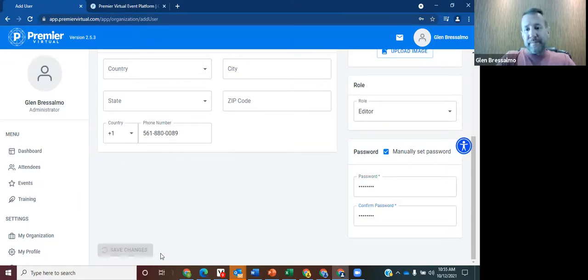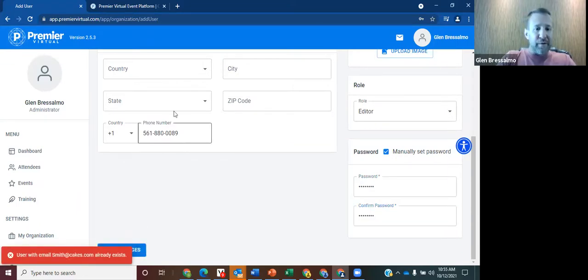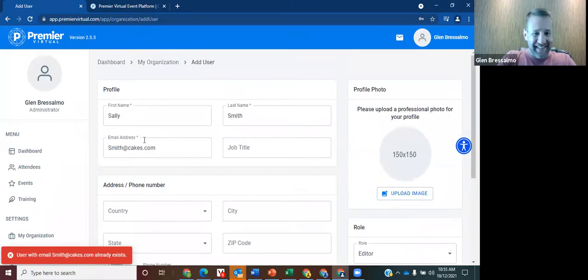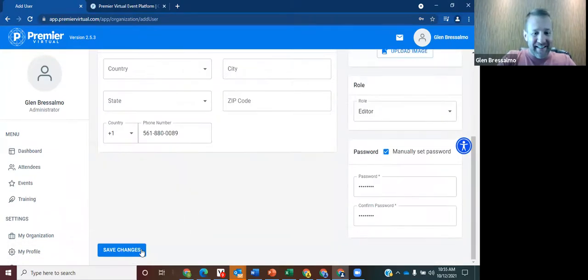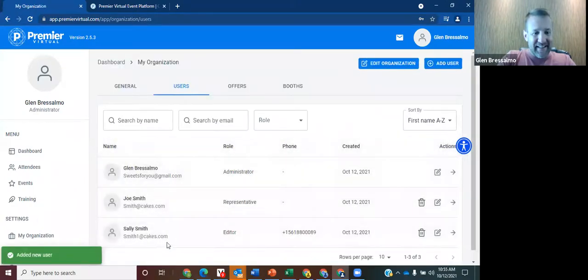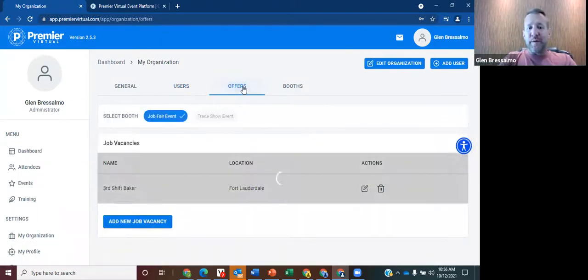Save my change. And Sally already exists. I must have used that one before. All right, so now you can see Sally's in, and I can move on to the next one, which is